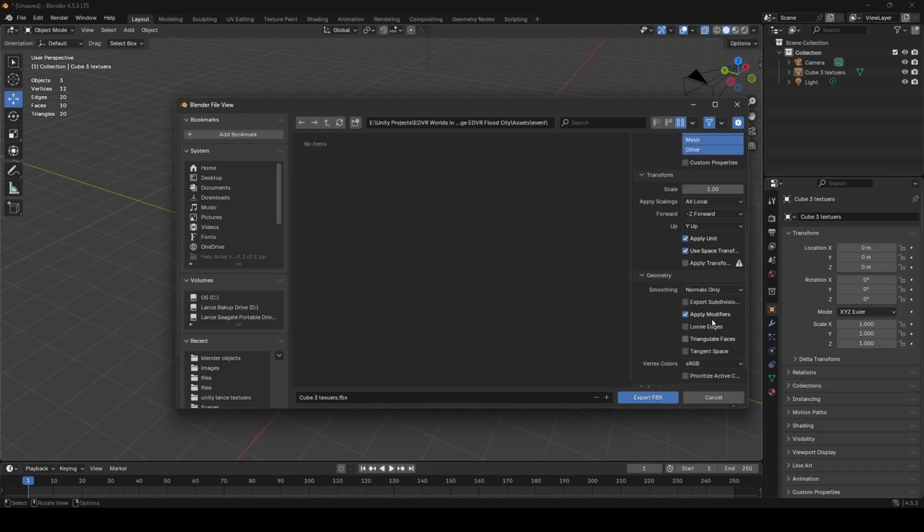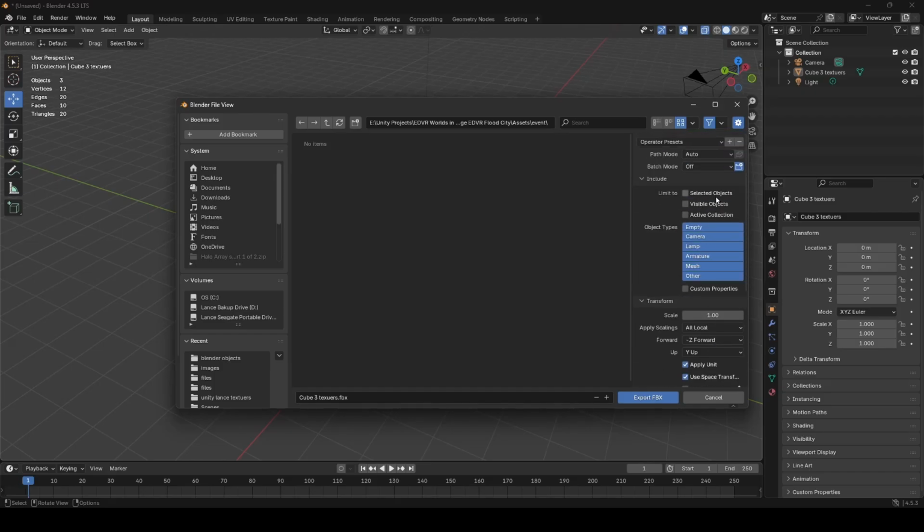Now you will have this whole menu over here. Just like how I talked about what objects you wanted to bring in, you can select that rectangle and make sure you check the box Selected Objects, meaning whatever you have checked is what will be exported. If you don't have that checked, it will bring everything in. You can now as well have it set up so it's only Visible Objects. So meaning if I went here and made the camera invisible, with that selected, it will bring in the cube and the light. It will ignore the camera,